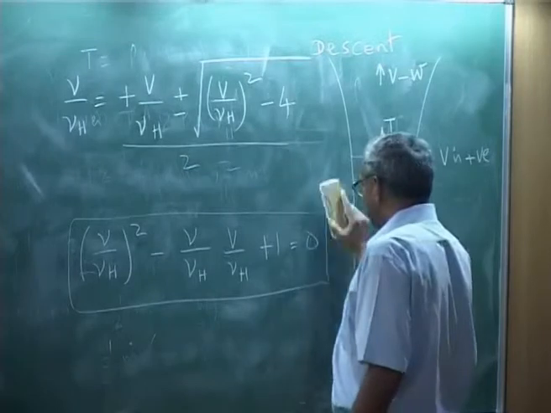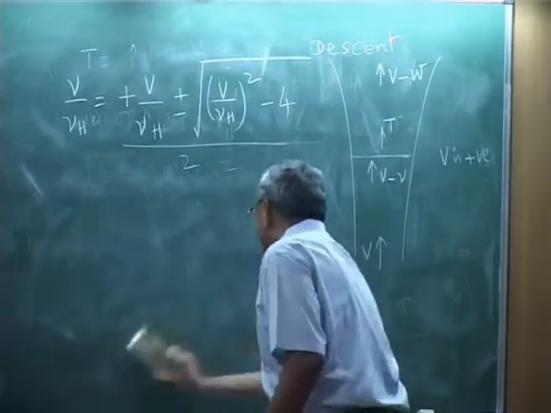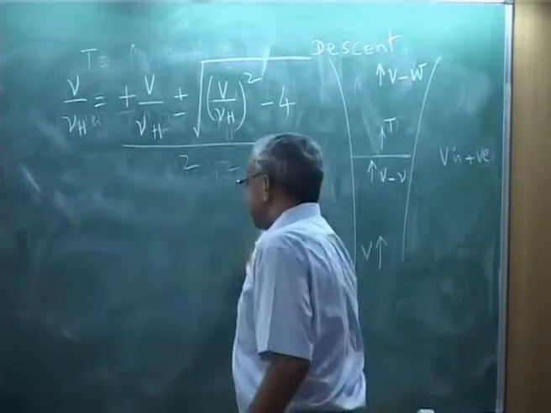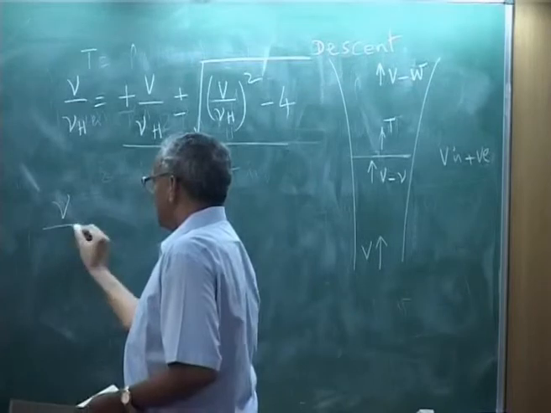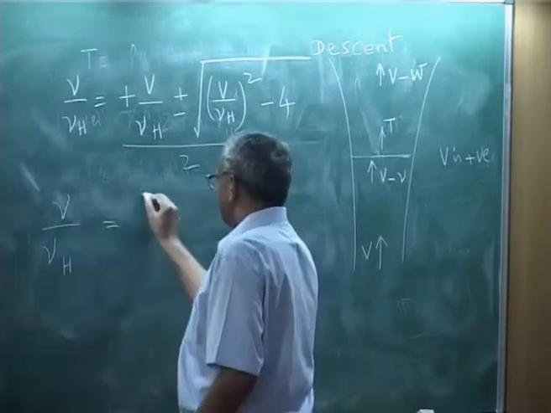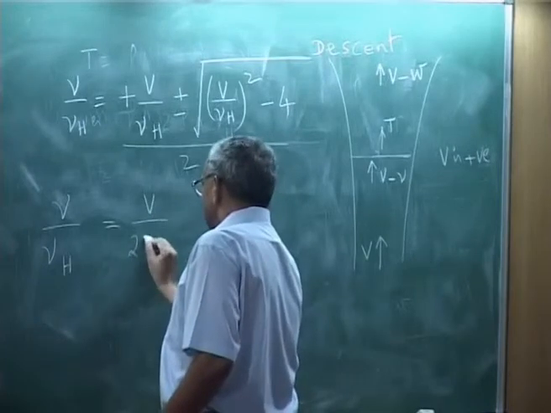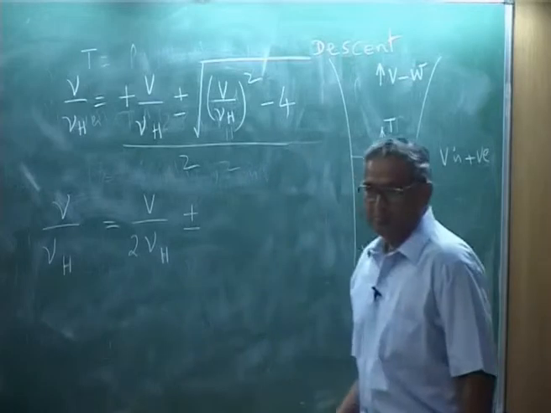If I simplify this, okay, now let me write the root, and that is nu over nu H in descent is V over 2 nu H plus or minus